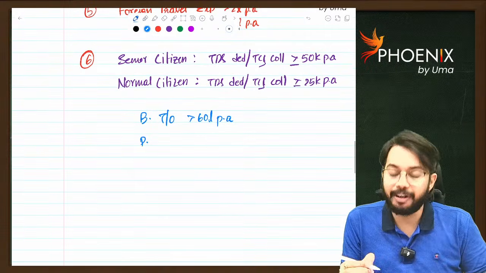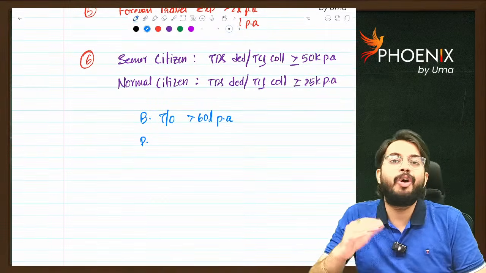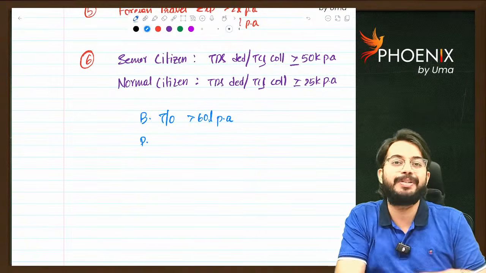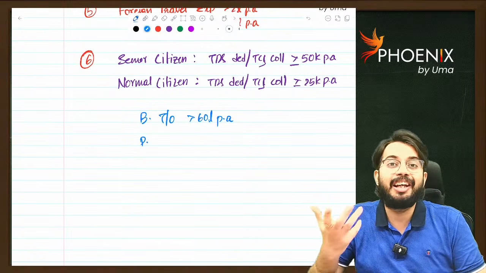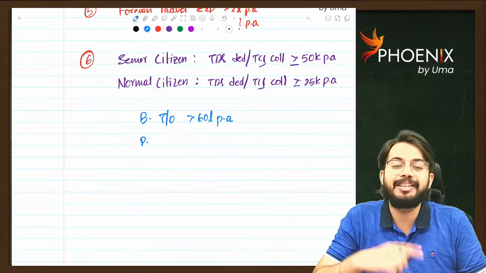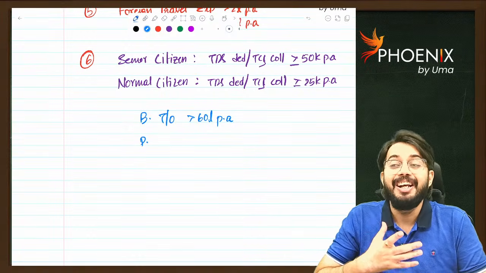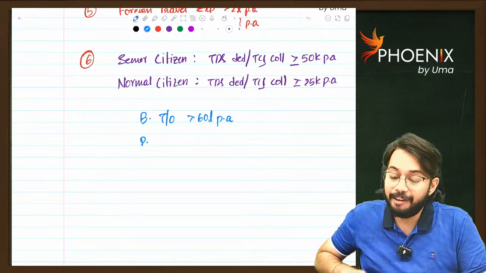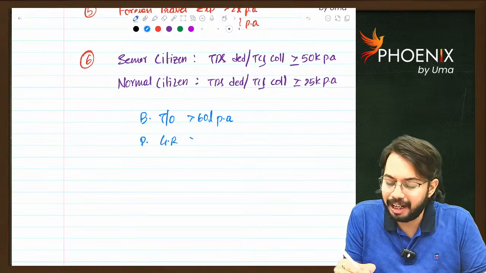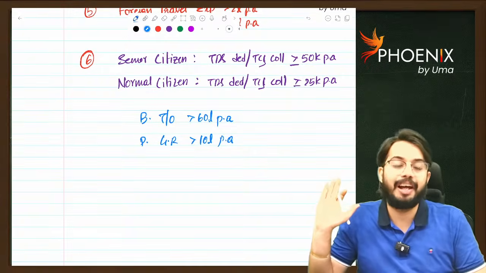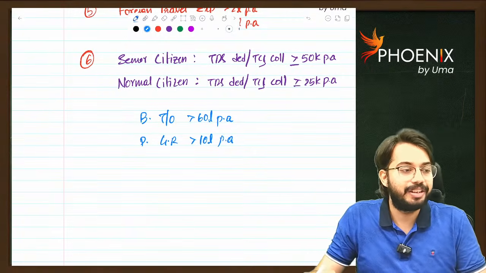I am doing profession. Let's say you wrote the January attempt, the results came in March, and immediately you started practice. Luckily, on the first day of your practice, a client came and paid 20 lakh rupees audit fees. Now, in profession, if gross receipts are more than 10 lakh rupees per annum, then also you are mandatorily required to file ITR. Are you able to understand? So this is the sum.